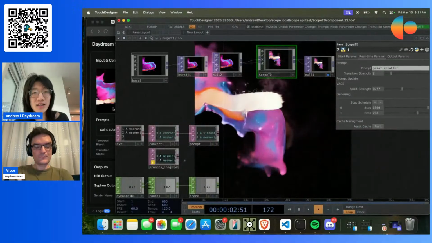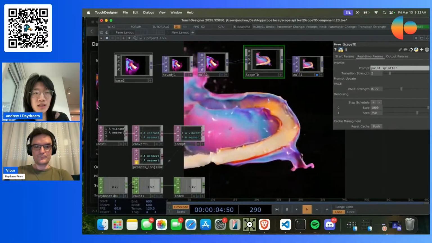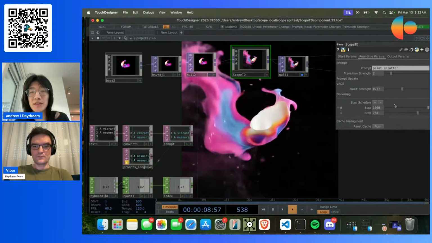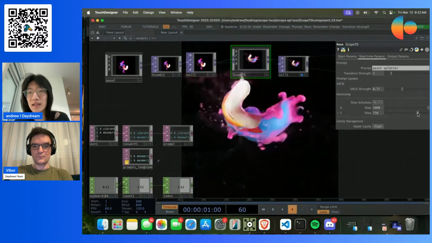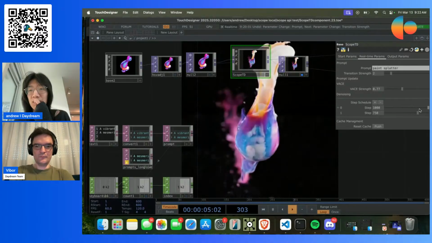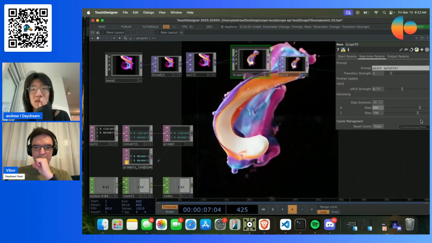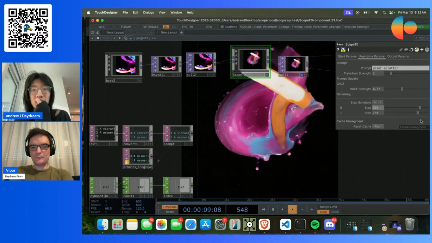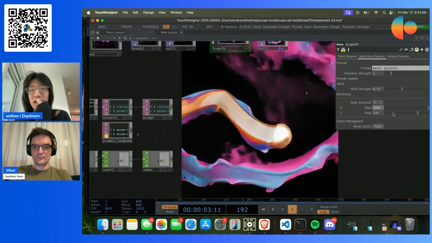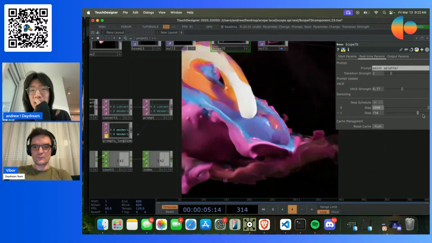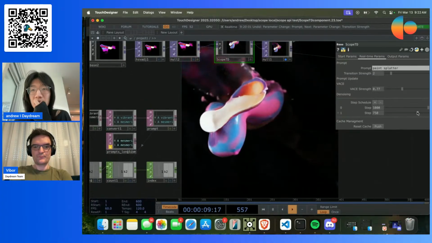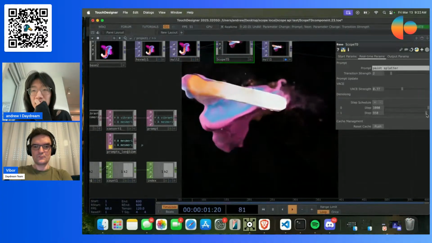So the next thing I wanted to go into was something called step schedules. By default, there's two. I usually like to keep my first one at 1,000. I'm going to bring this down and see what happens. Okay, it should be fine. I like to keep mine at 1,000 on the first step, and then depending on how high your second step is, like if I crank this up to 950,